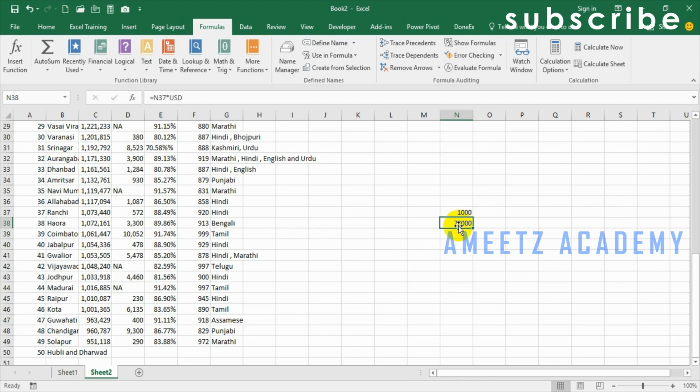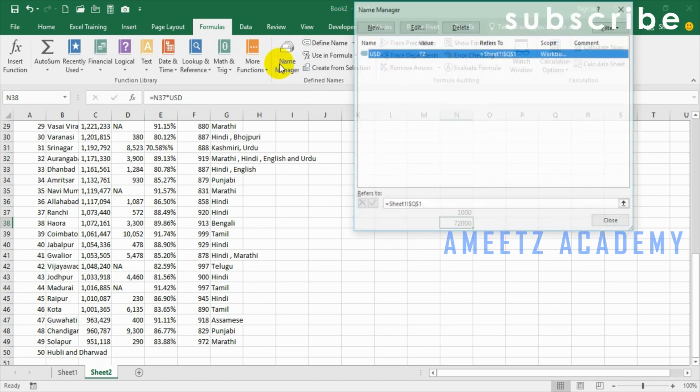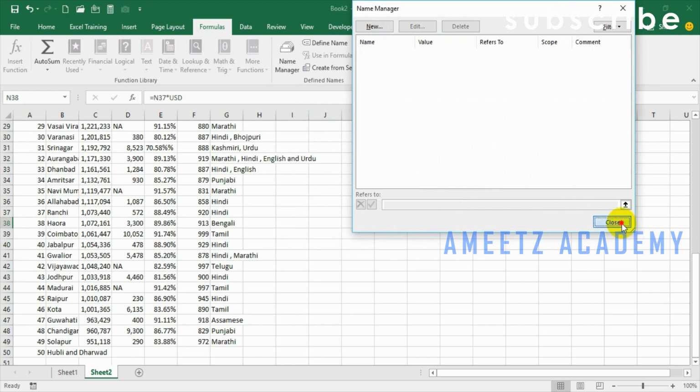And whatever name I have given will be stored in the Name Manager, and it is appearing. Its name is USD and the value is 72 and it refers to sheet 1 Q1. So let me delete this named range for the time being so that I can use other named ranges for the purpose